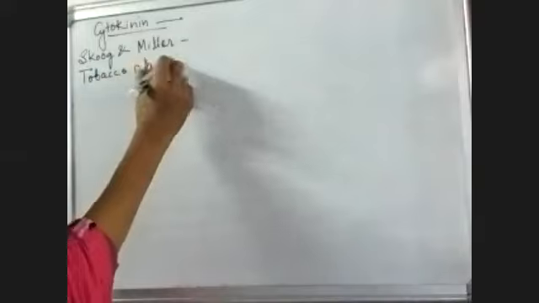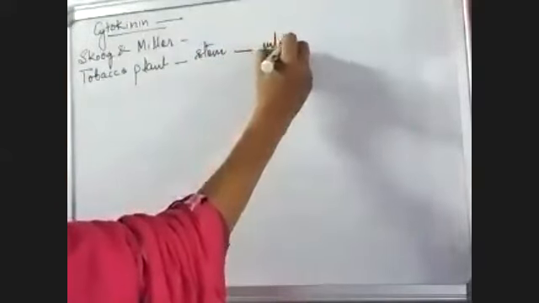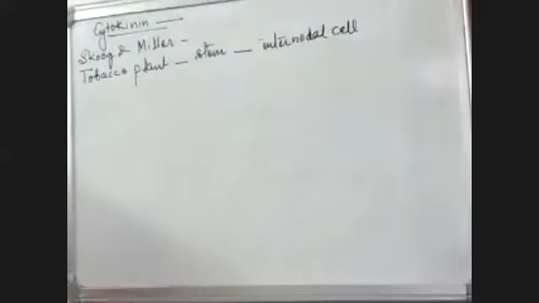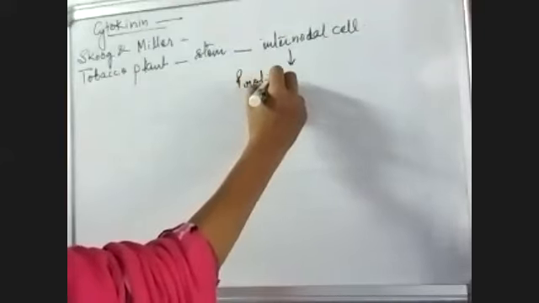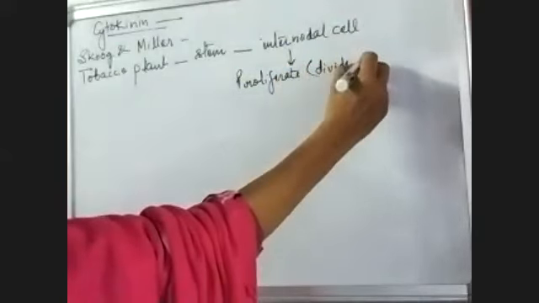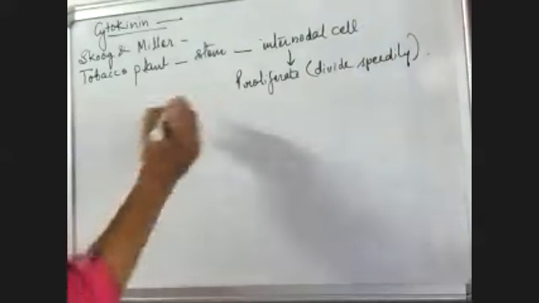These two researchers noticed that the internodal cells of the stem of the tobacco plant proliferate, that means divide speedily. They divided fast under the action of